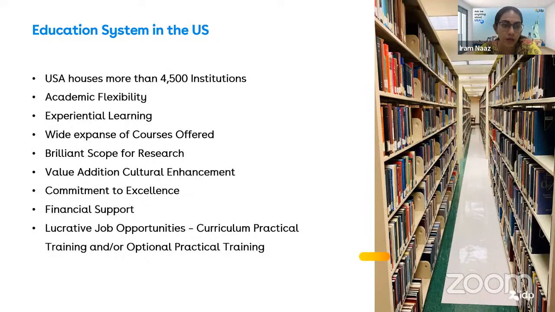And job opportunities, there are going to be huge job opportunities and trainings, and optional practical trainings. The USA visa is for 5 years. So 2 years will be the study, and not 2 years completely. The course may end within 16 months to 25 months, based on the university. After completing his course, he can go for optional practical training for 3 years. So 2 years study and 3 years OPT.